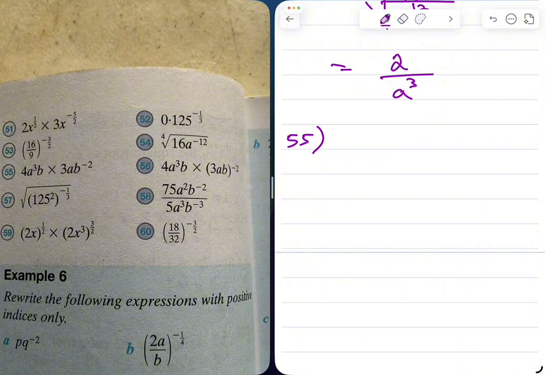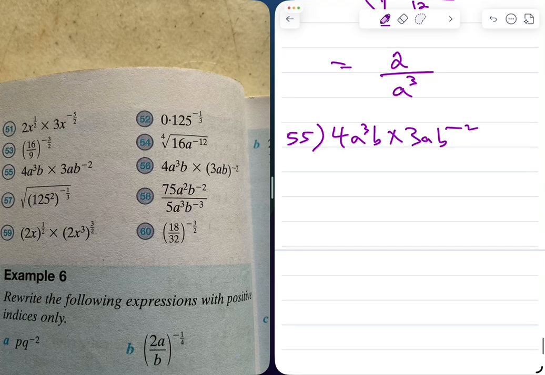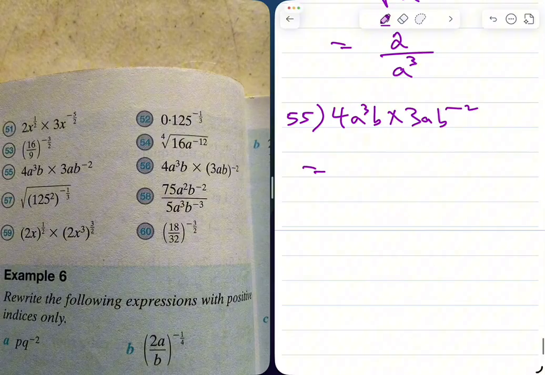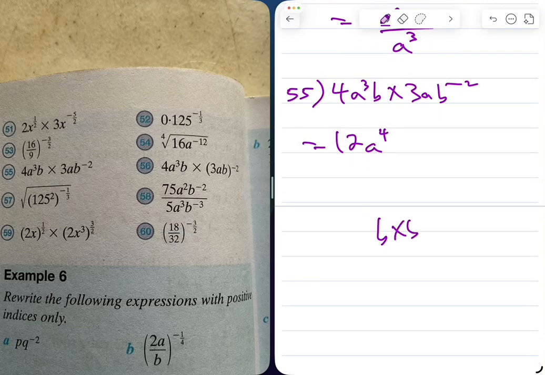Number 55. That's 4a cube b times 3ab raised to the power minus 2, and that's equal to 4 times 3 is 12, a cube times a is a raised to the power 4, and b times b raised to the power minus 2 simply means b raised to the power 1 plus minus 2, which is b raised to the power 1 minus 2, and that's b raised to the power minus 1. So that, which is 1 over b. But let me write it this way first. 12 a raised to the power 4 times b raised to the power minus 1, which is equal to